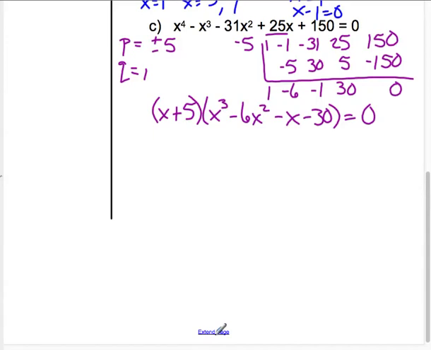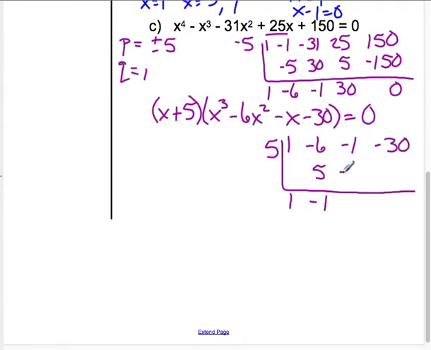You don't have to start all over. We already know all of the possibilities. And when we looked at the graph, I think we noticed both positive and negative 5 worked. So this time I'll divide by positive 5. 1x cubed minus 6x squared minus 1x minus 30. Bring down the 1, multiply, add, multiply, add,